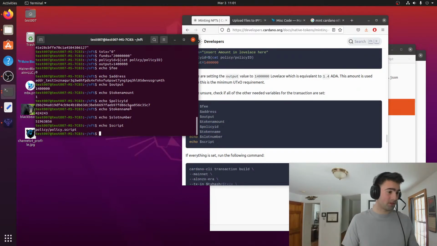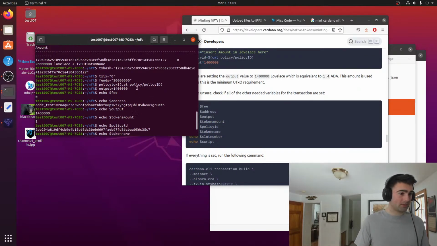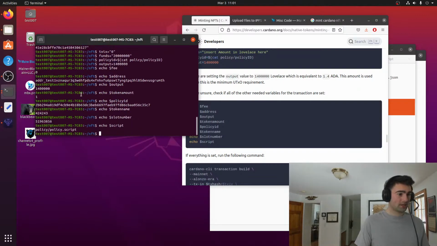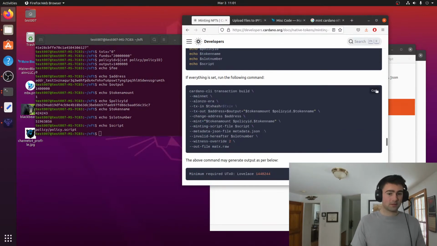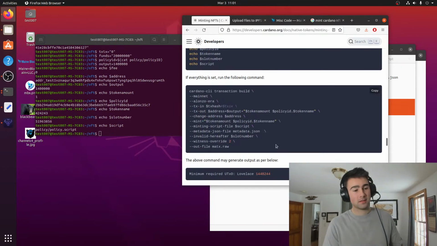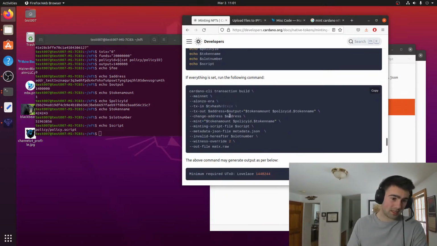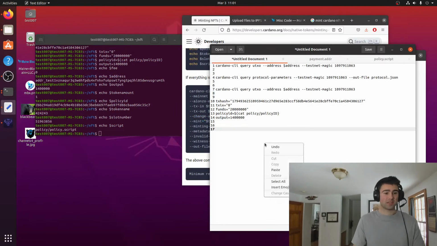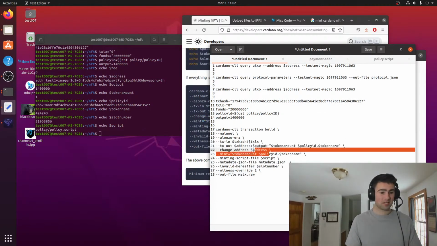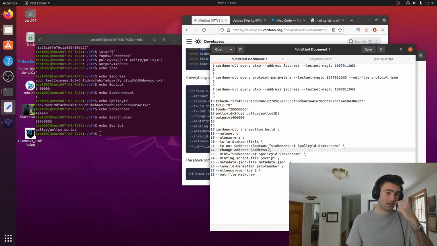Let's check our parameters here, make sure everything lines up. It does. All right. Now we can build a transaction, but here's the thing. I'm trying to get this to send. Is this a command that I would change? Like I would change the address to. I mean, let's try experimenting with it. I know it's going to mint if I just do it this way, but maybe I can just go ahead and